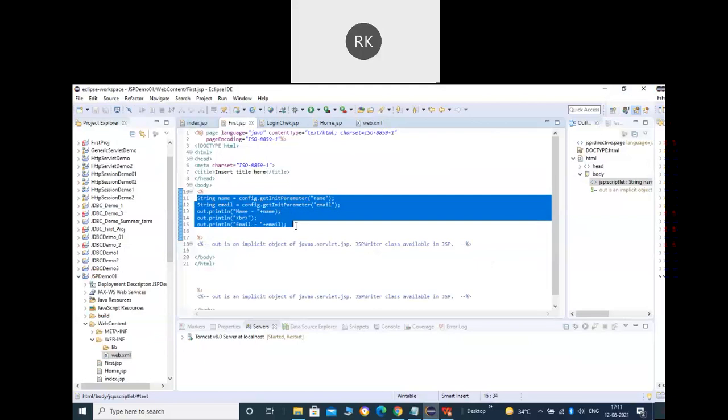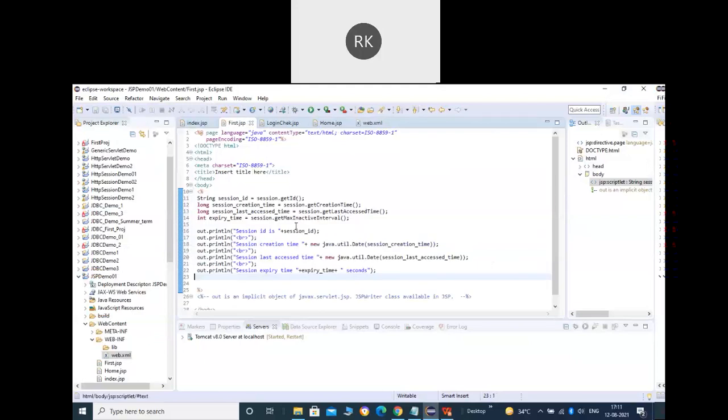Okay. The index.jsp is exactly the same. Only the first.jsp is required to have some extra content. Let me first copy paste it. All right. So what we are doing here, you can see, if I want to get the ID of the session, we know the method is getId that we can call over the session object. And you can see here I have not created any object for the session. I'm directly saying session.getId.